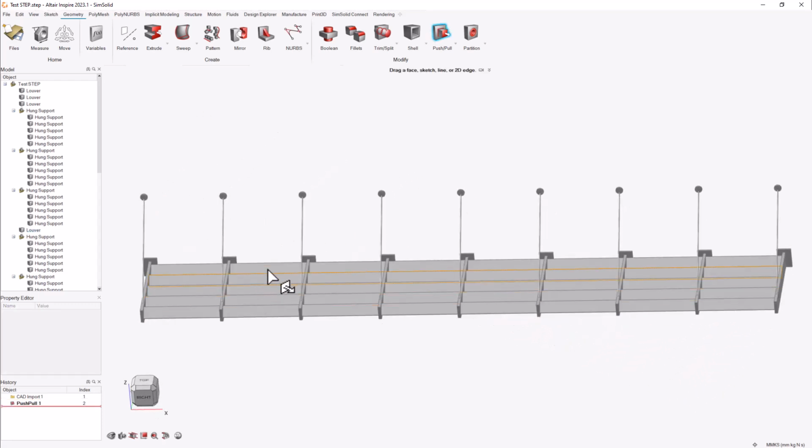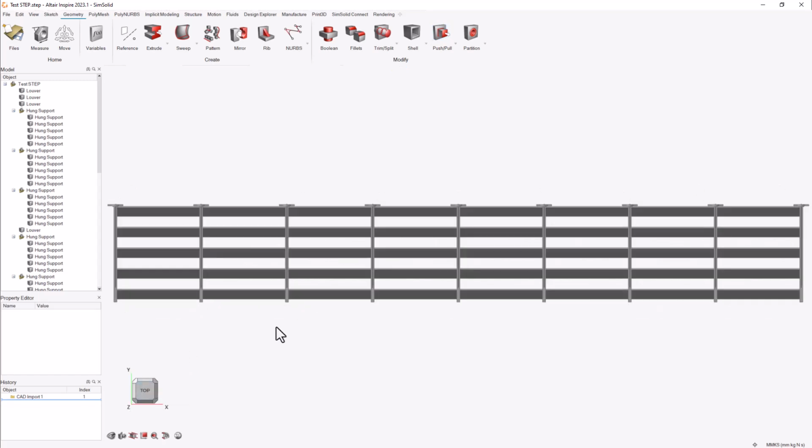So I could look at ways that we might want to cut those from one another. For an example here, I'm going to switch my view to the top view, and I can use this Boolean command in the geometry window, which allows me to choose the subtract option. I can basically say wherever these objects are overlapping, I'm going to subtract that type of geometry. And I need to specify my